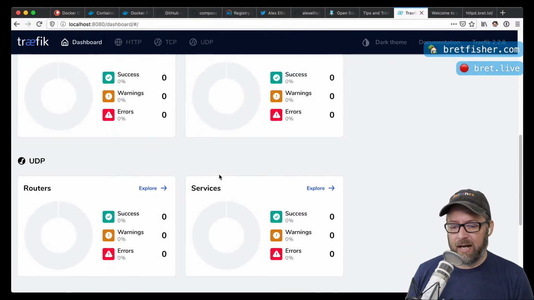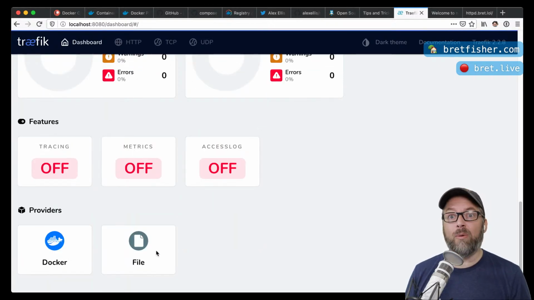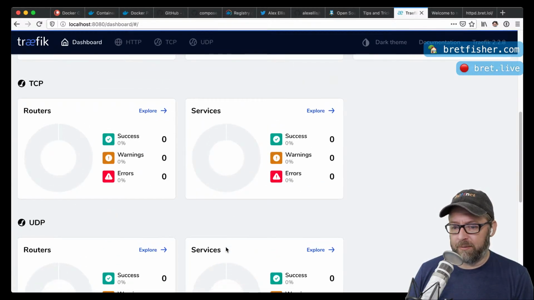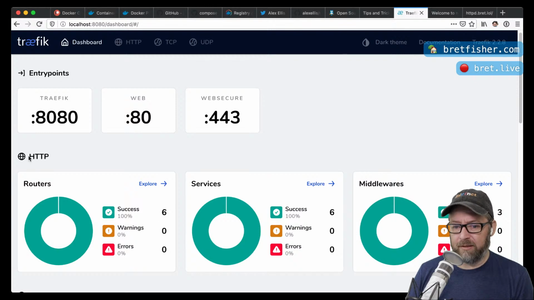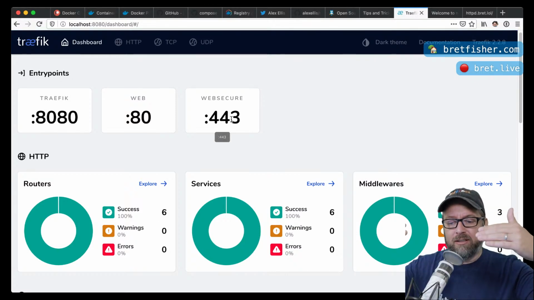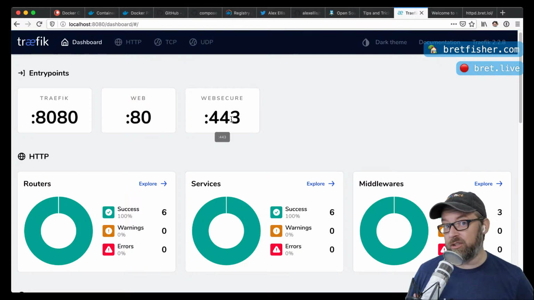And then you have down at the bottom, you can see providers. So providers are where it's basically saying, how do I get my configuration into Traefik? And I'm providing it both a YAML file for some things, and then it's also getting dynamic updates through Docker providers. And then, where's my endpoints? So my entry points are up top here, right? So traffic comes into an entry point, it goes through middlewares and routers, and then ends up at services, which are your containers.